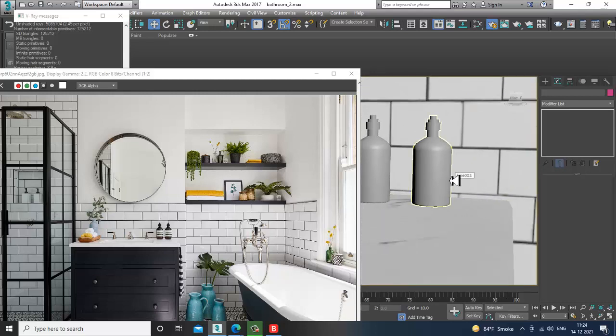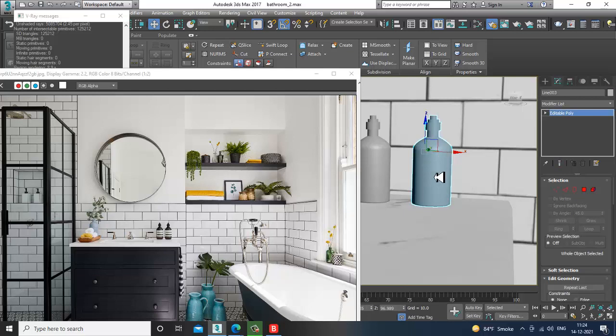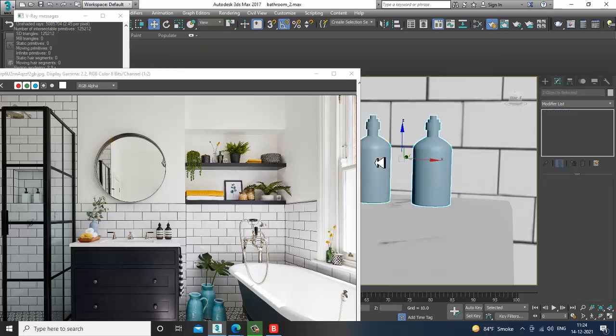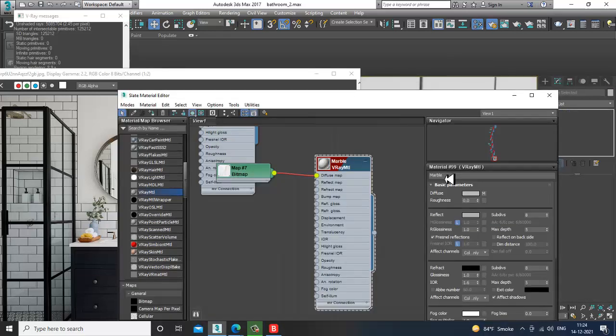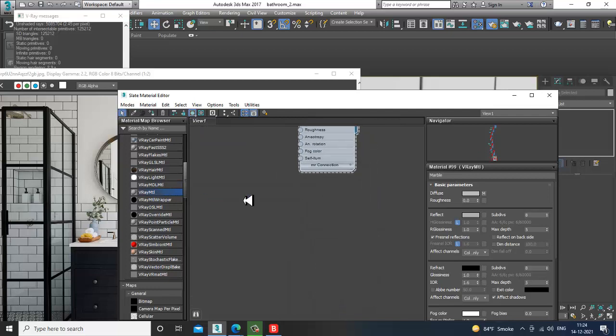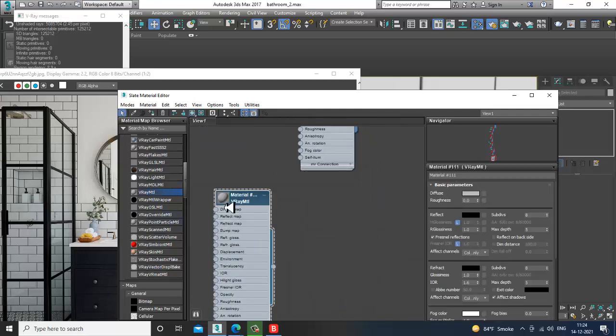So we can assign a tinted color glass. That is also possible. If you want any color to it, first I'll select it. I'll go into the V-Ray material.